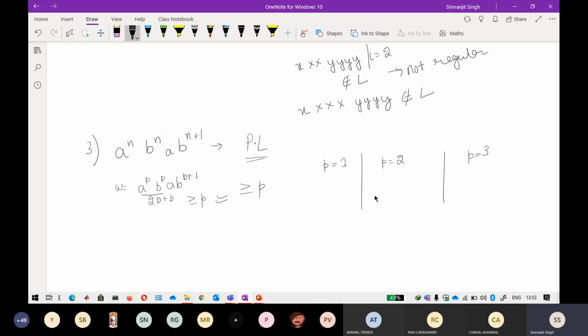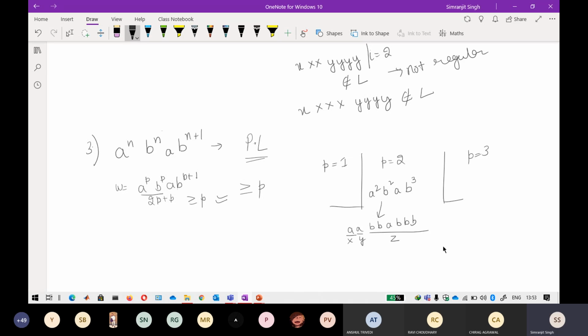So what will the equation become? a raised to power 2, b raised to power 2, a followed by a raised to power 2 plus 1, that is your 3. I think that is a big equation. So you can write it like a b b a b b b. Now if you clearly look at it, because this is a p raised to power, this kind of selection comes into play: this will be your x and this will be your y, and the remaining will be your z.